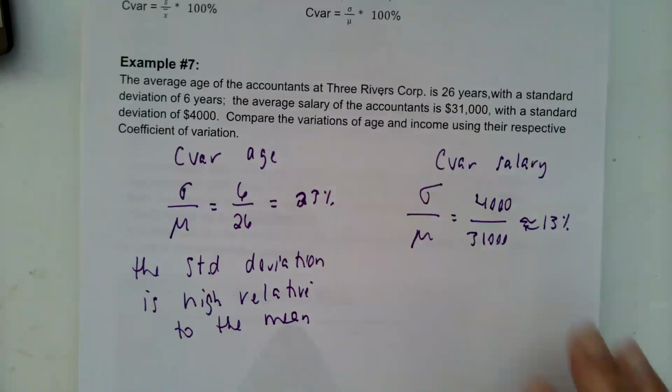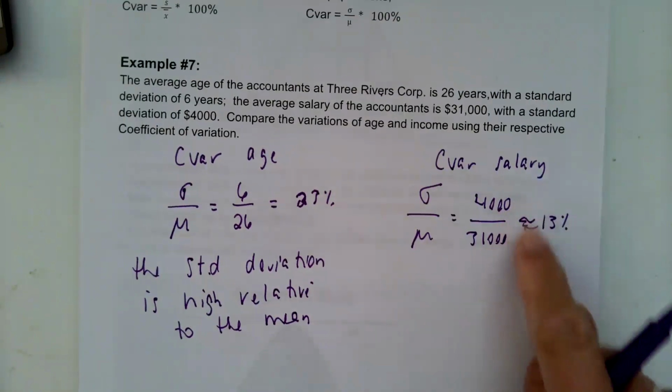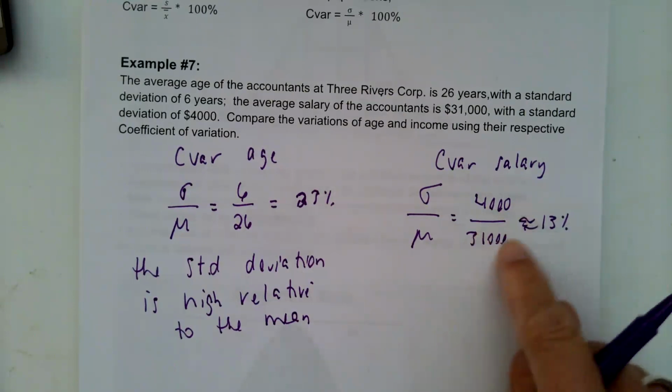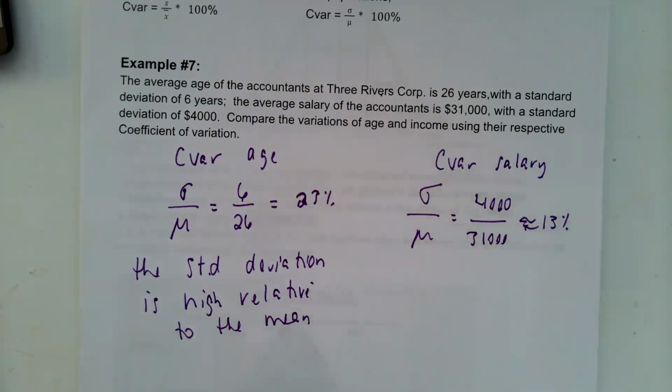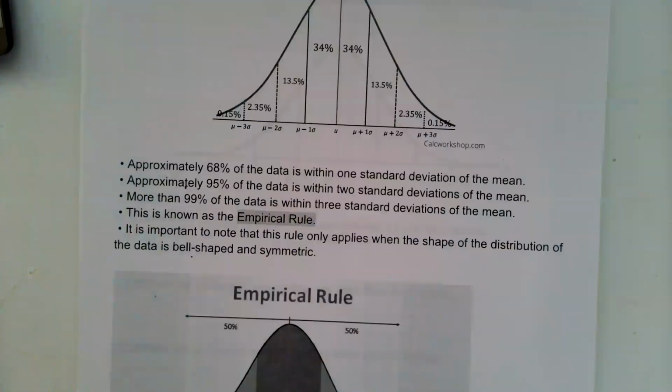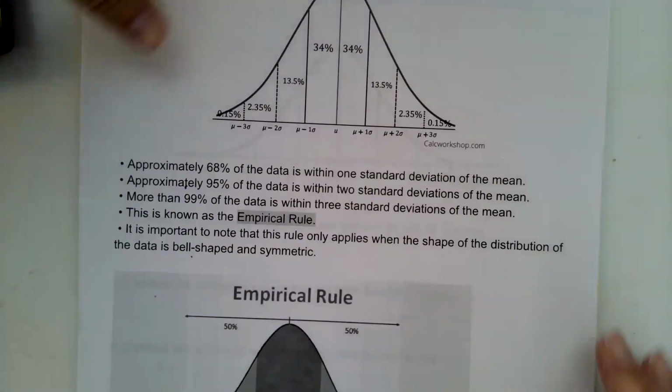Now, for salary, it's not as spread out. The standard deviation is much lower compared to the mean, which is a good thing. That is a good typical salary then. So using our standard deviation and our mean, we can talk about how